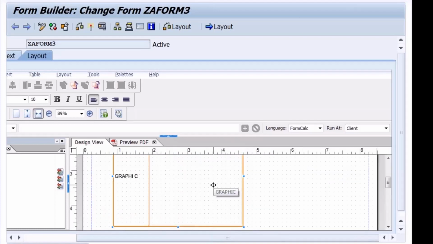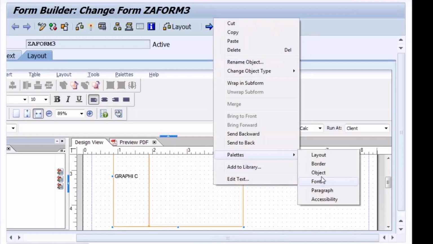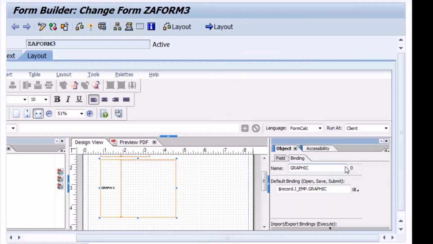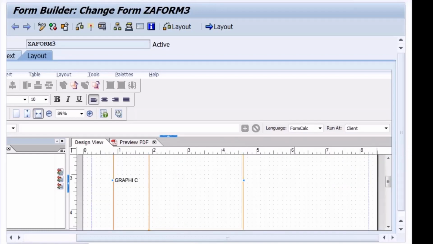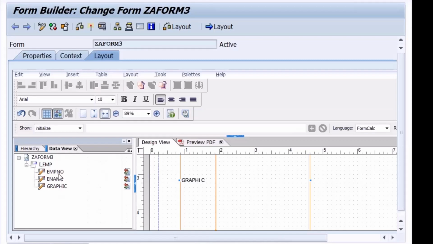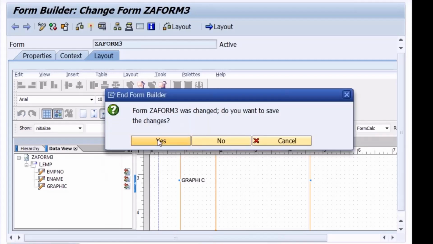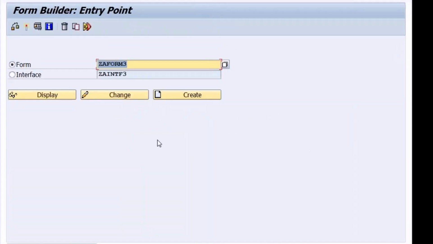I'll do one more change. Right click on this palettes, object, or else, one second. Okay, so let me go back. I'll do one more change. If I do like this, it doesn't work.